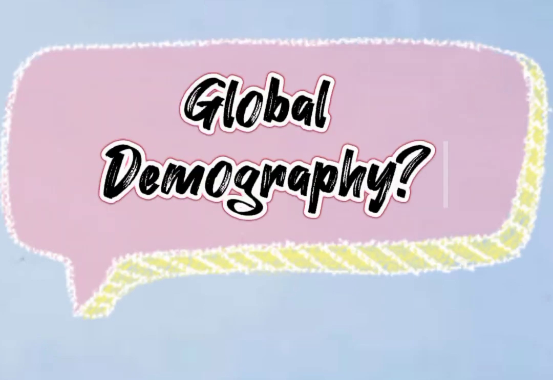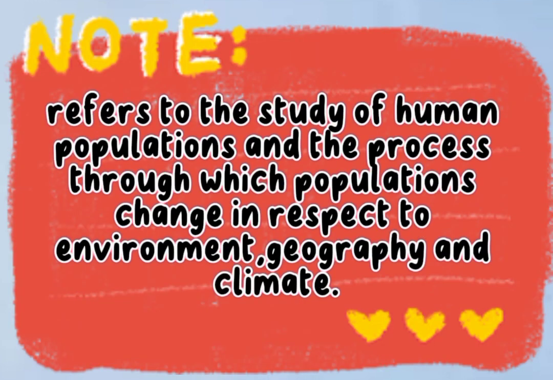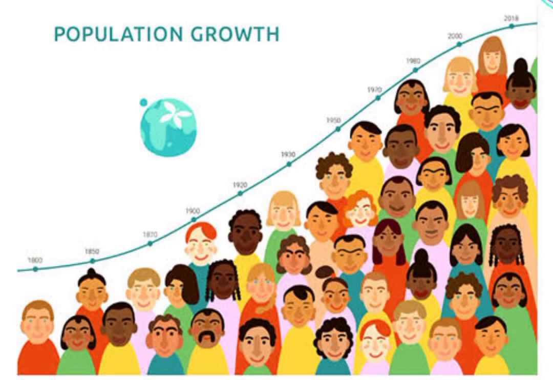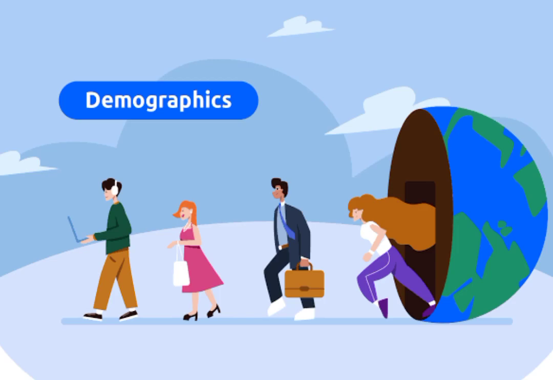What is the meaning of global demography? Global demography refers to the study of human populations and the process through which populations change with respect to environment, geography, and climate. Here the terms population growth, population decline, mortality rate, fertility rate, and demographics